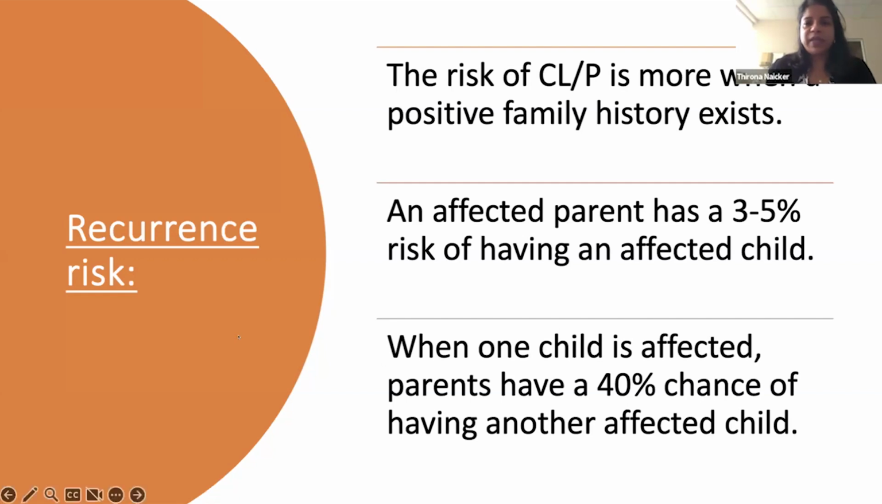I just want you to remember these 3 points, which is if there's a positive family history, then the risk of having a cleft lip with or without cleft palate is higher. If there's an affected parent, then there's a 3 to 5% risk of that parent having a child with cleft lip with or without cleft palate. And if those parents have 1 child, there's a 40% chance of having another child with cleft lip with or